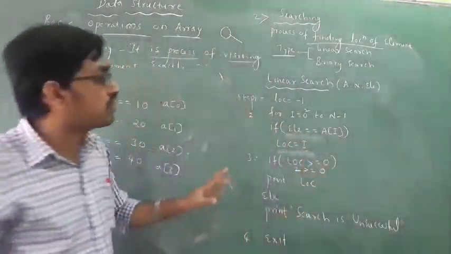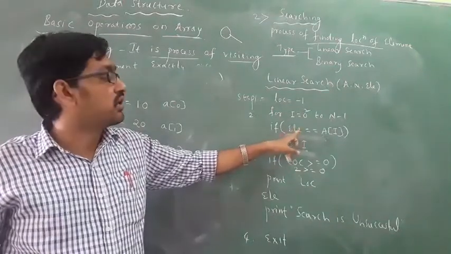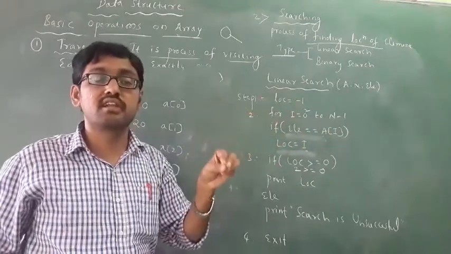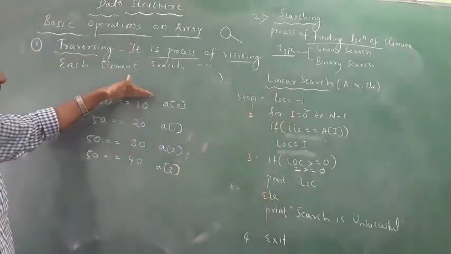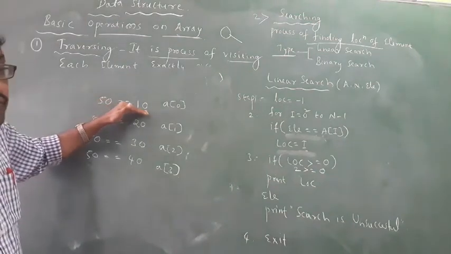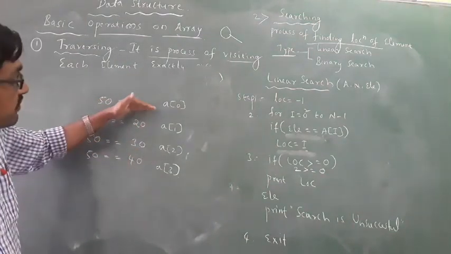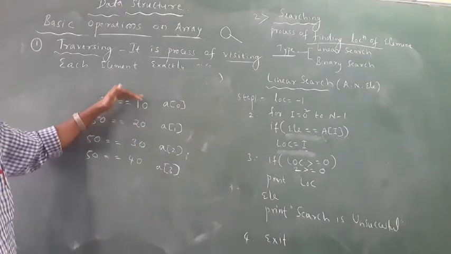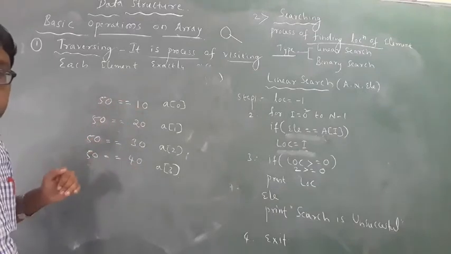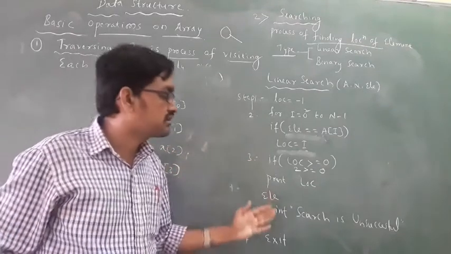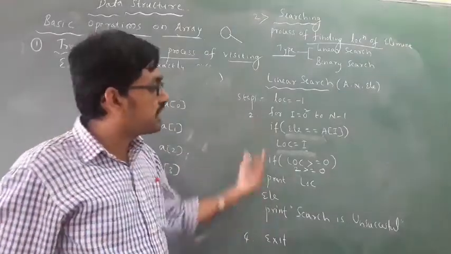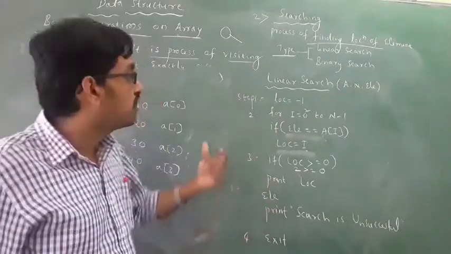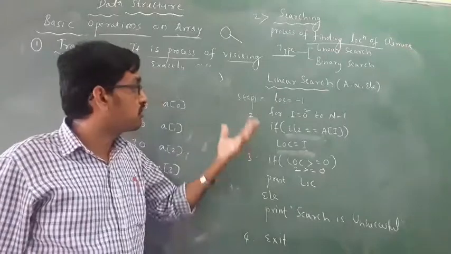You have to remember two conditions. What is linear search? Your element is compared with each array element. That is called linear search. Linear means sequential: our element is compared with every sequential element, one by one, sequentially. That is called linear search. You have to practice this algorithm. It is very important for the annual exam, a 5 marks question is asked.